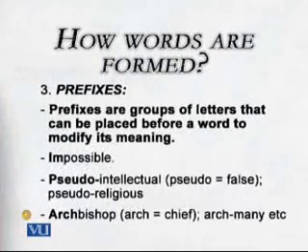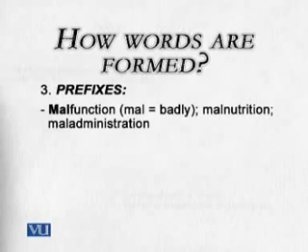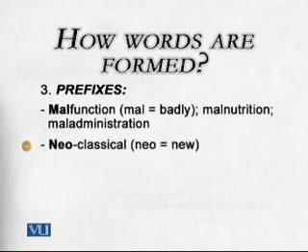Another example, let's say bishop is one word. If I add, let's say, arch at the start, archbishop, it will be, of course, another new word. Let's say function, and I add one prefix, malfunction, another new word. Of course, it will be opposite to what I talked about, function. Malfunctioning, of course, is something which is not functioning properly. Then there is another prefix. Let's say the word is classical, and I say new classical. The new classical, of course, means a mix of old traditions and modern norms. So a mix of these, new classical.